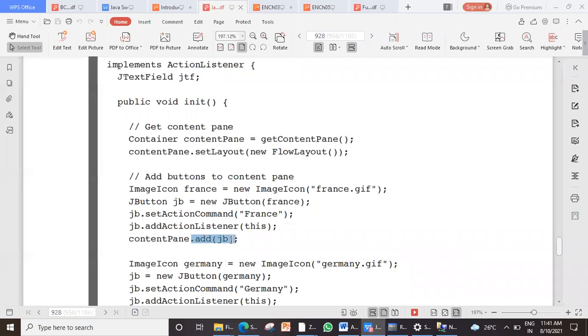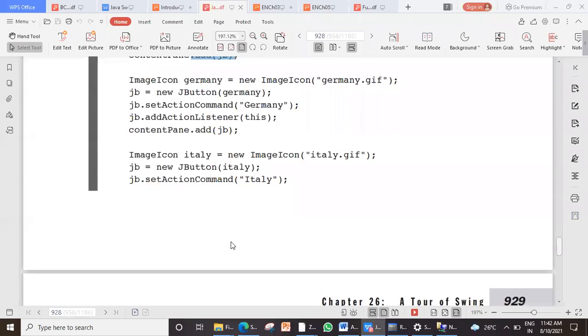Normally you use only add. That's fine. That content pane you forget. On the applet, sometimes you can make sections called panes. They have considered that content pane and added it on the subsection. You can directly add on the applet, so you can say add. With this, yes, the button is ready. So I need not explain all four flags there. Only one is sufficient. Now let's go to actionPerformed.